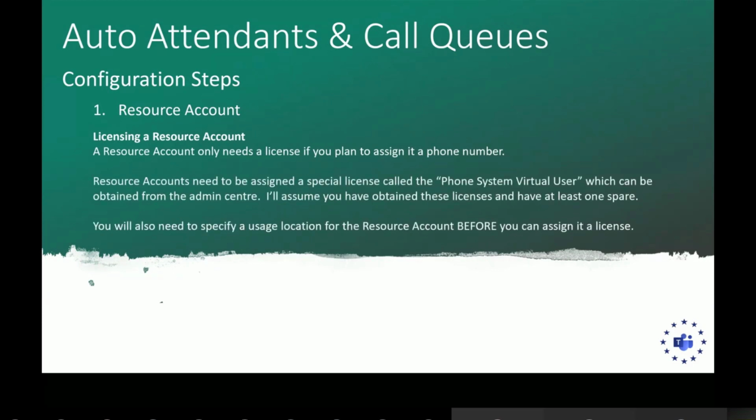Next thing you need to do is license a resource account. If you want to set a phone number for the resource account, that'll come in a minute, but you need to actually have a valid license for the resource account. Initially, when this was launched, Microsoft didn't have this specific license that I'm going to talk about now. You needed an E1 with a phone system, which was, I guess, pretty cost prohibitive if you've got a lot of groups or resource account requirements for a telephone number to call a call queue, for instance. So they came up with a better way.